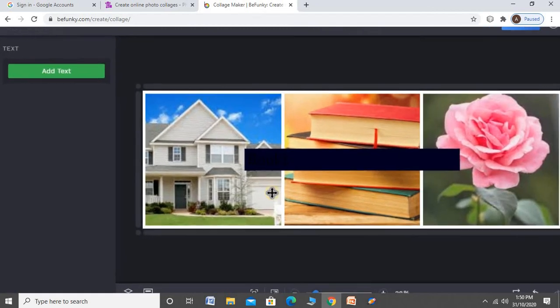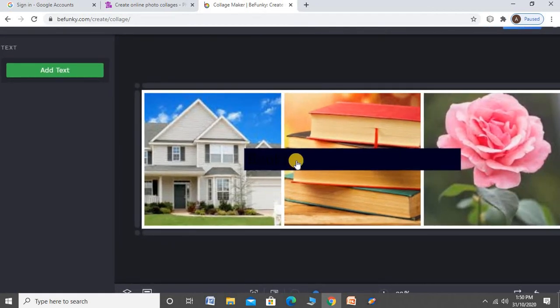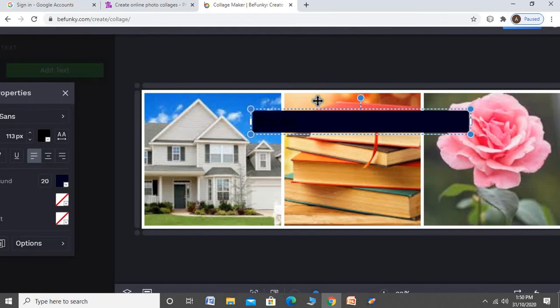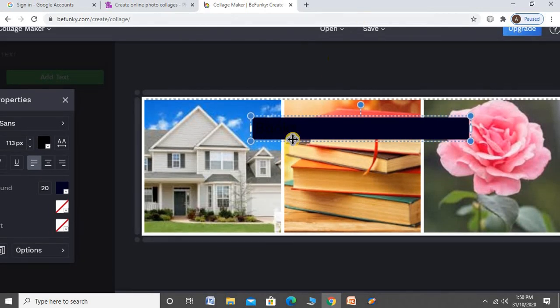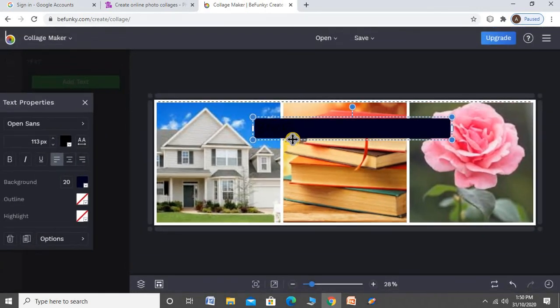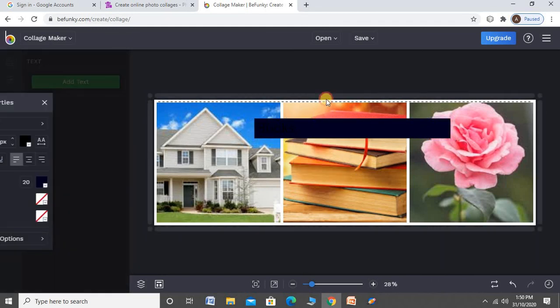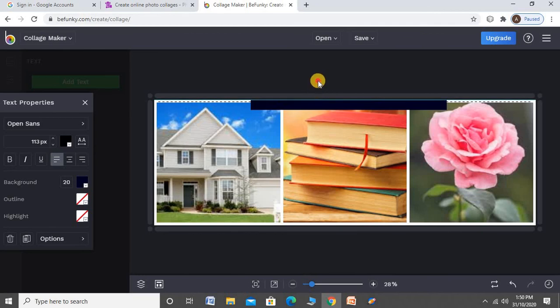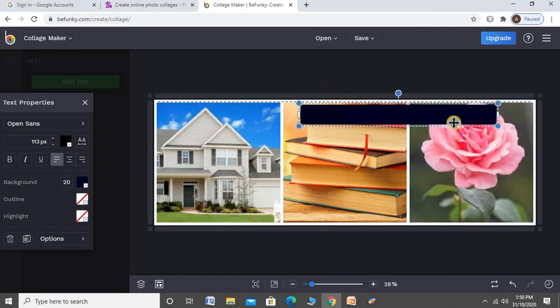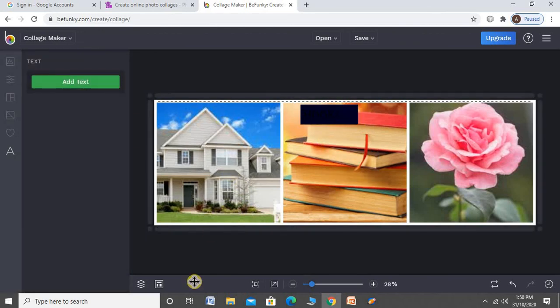Move it to, add your name. I am adding the book name. Title as a book. After that, as in the question, save it.